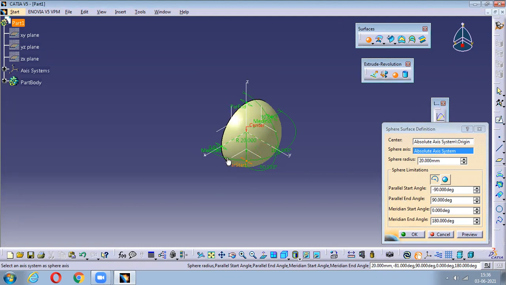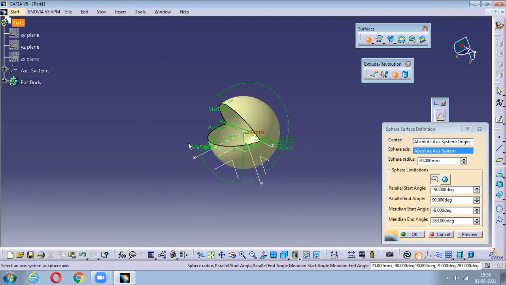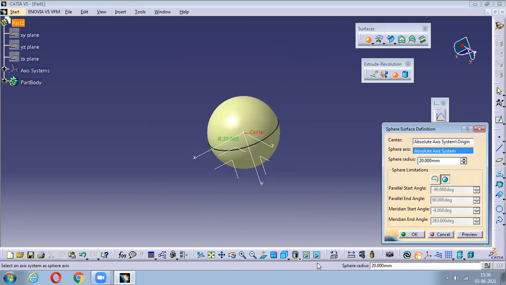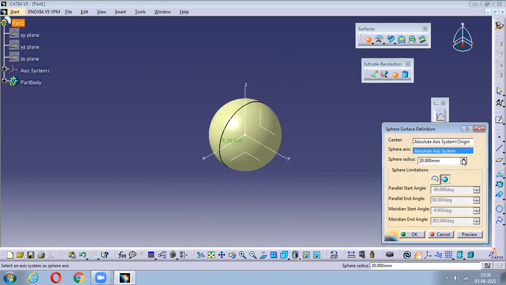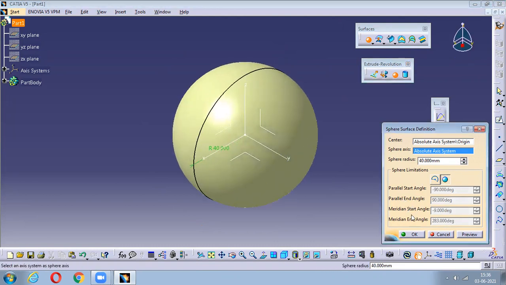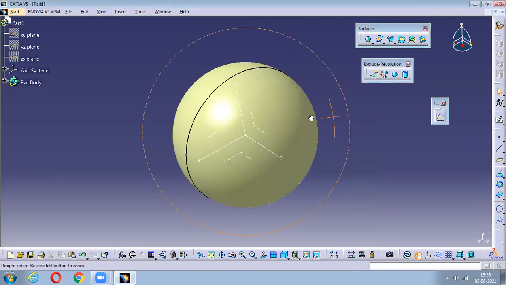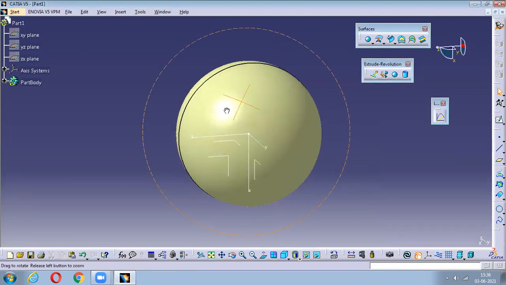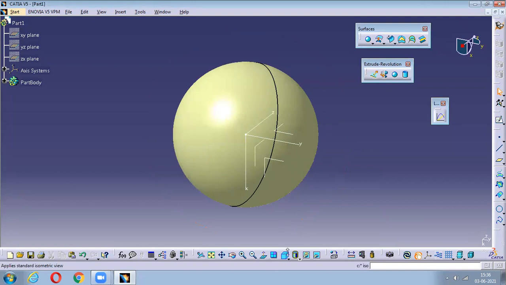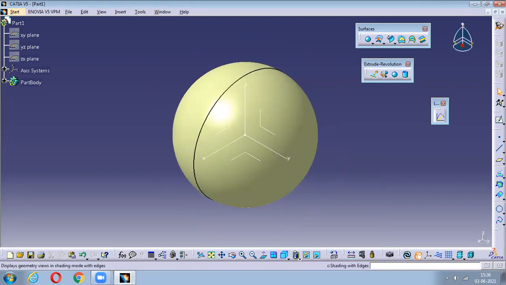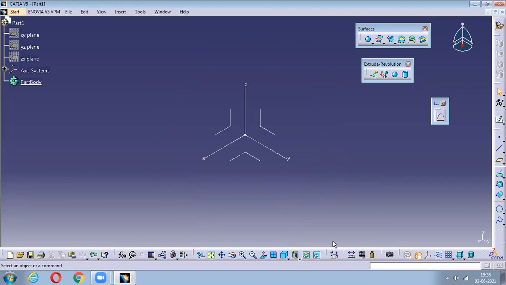So there's nothing but this part, the merge start axis, and the merge center axis. If you want a full sphere, you can just click on this. Everything will be closed, and the only thing you'll notice is this radius. So how much sphere radius you want, you can give. Is this hollow or fully solid? It will be hollow, obviously.